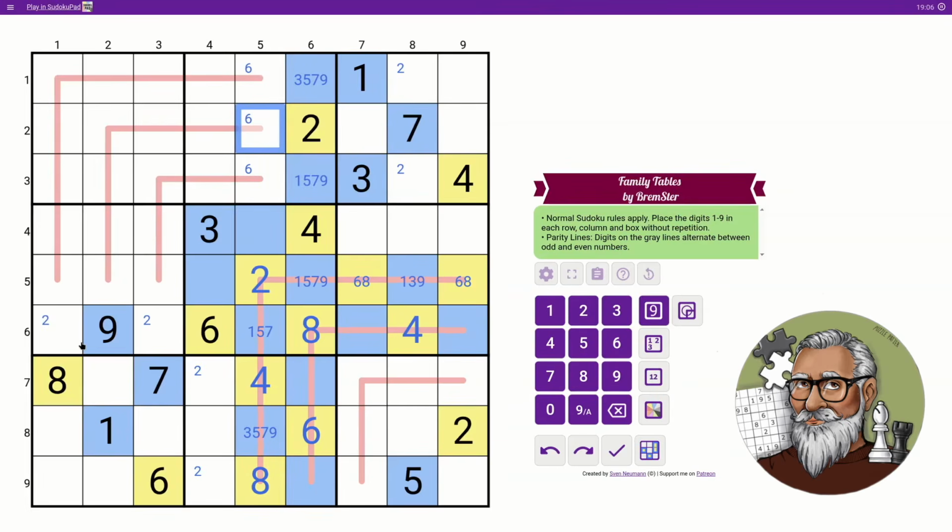Okay, so how do I continue? I need a 6 here now. I need a 2, but that could be anywhere here. I only have 1 6. Right. I can't have 4, I can't have 8, and I can't have 2 there. I can only have 6. So these can't be even, because then I don't have enough digits to fill in, right? One of them could be 6 and the other one, no idea. So this one has to be the 6,